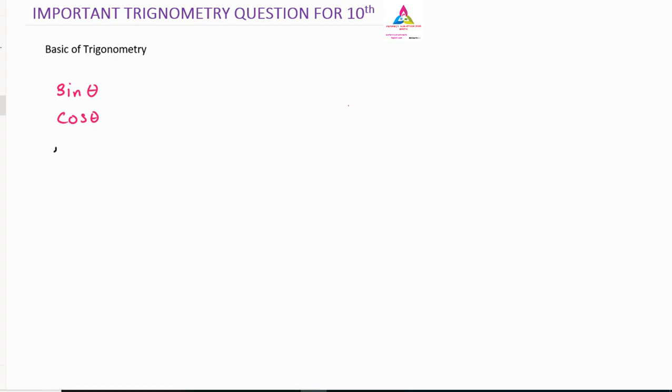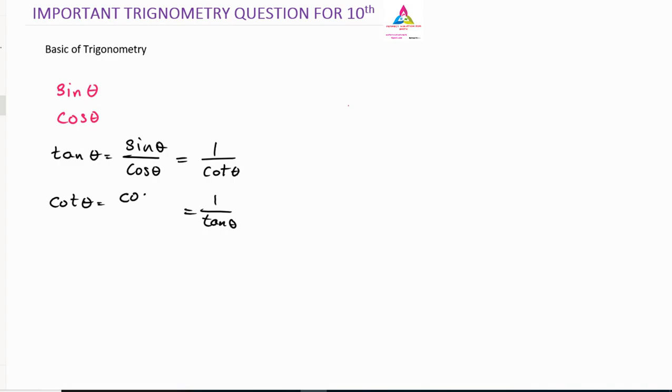See, if tan is given, tan is nothing but sin theta by cos theta. So whenever tan is given, you can convert it into sin and cos. But also one more thing we have for tan, that is 1 by cot. Remember this, this is the basic thing. Next is cot theta, that is the reciprocal of tan, so it is 1 by tan theta. And you have to remember that cot theta is nothing but the reverse of sin and cos, that is, cos and sin. So you must remember this. Tan theta is sin by cos, and cot theta is nothing but cos by sin.